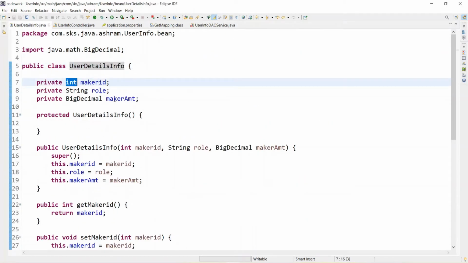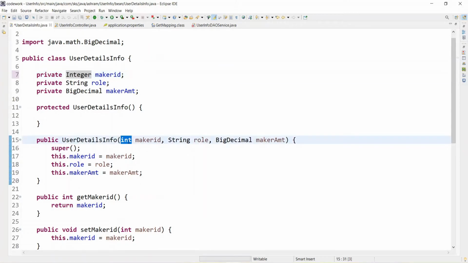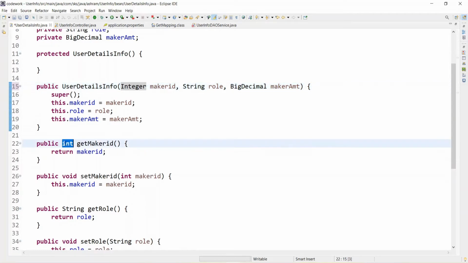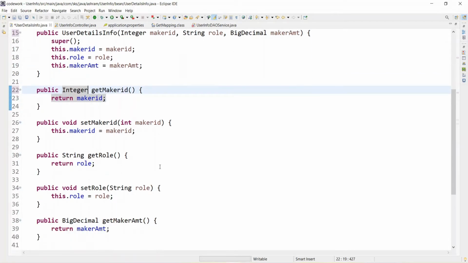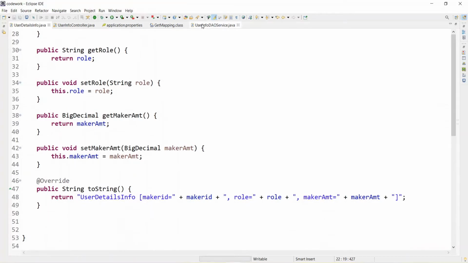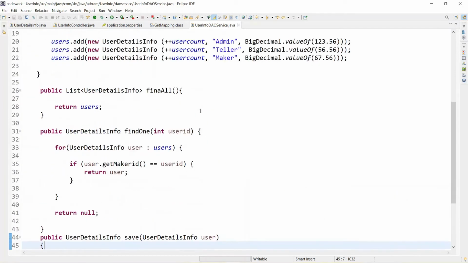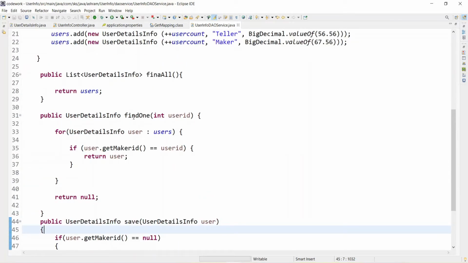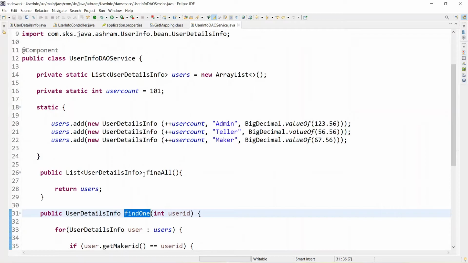Let's convert this to Integer. Let's refactor this maker id, and that's it. Now our framework is ready to save the user, to find one user's details, and to find all users.